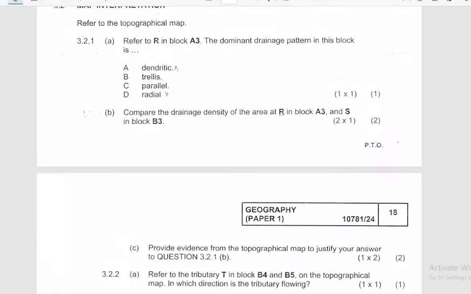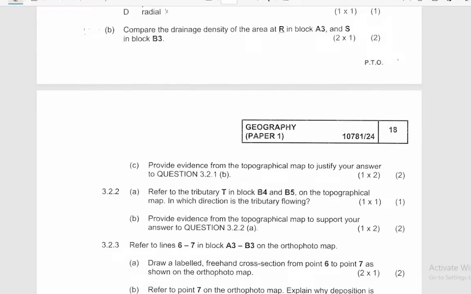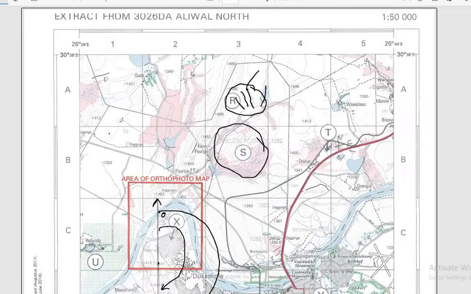Right, we go on to the question again. Provide evidence from the topographical map to justify your answer. Right, we want to justify why we are saying this one is a high drainage area and this one is a low drainage area. Automatically, by looking at the number of streams, we can justify that this one has got fewer streams. There are fewer streams at R here, and there are so many streams at S here. And if you are to accumulate the length, the total length of streams here is shorter when compared to S. The total length of streams here, if we were to add up the streams, they are going to give us longer